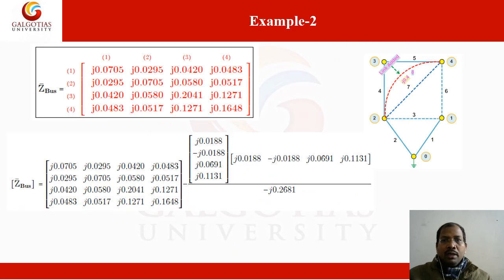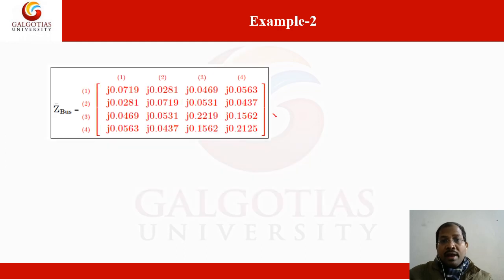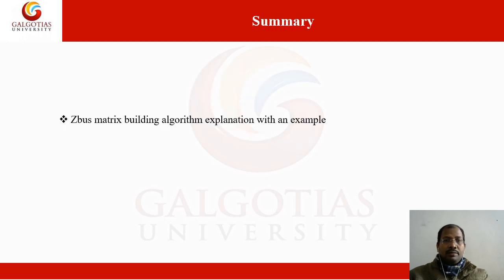This is all about the system. Here you can see that this is branch 8 they are adding. Branch 8 is added between buses 4 and 2. We have to apply the same algorithm as previously, when we added branch 7. Here is the Z bus we get after adding branch 7, and this is the modification after adding branch 8. So you can get the final response, that is the Z bus. This is all about the network.